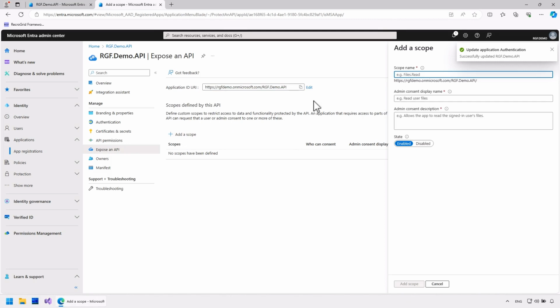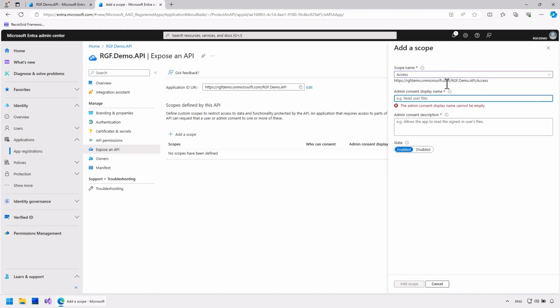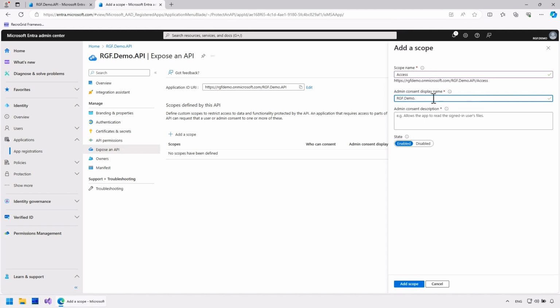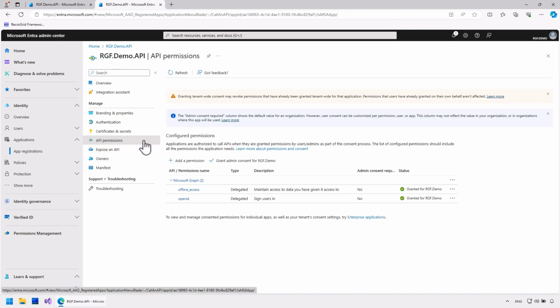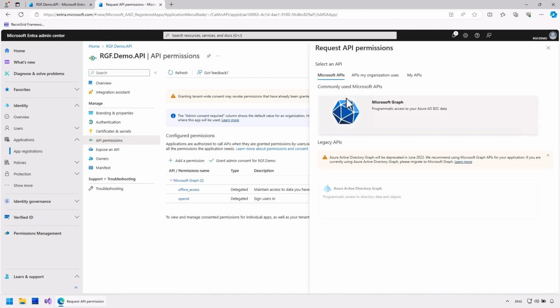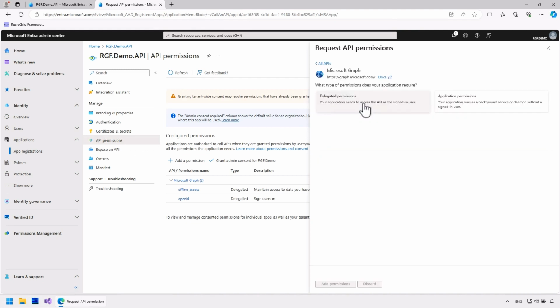Then, I will create a scope. Client applications must have this scope in their access token to access the API. I'll allow the API to access basic profile data.